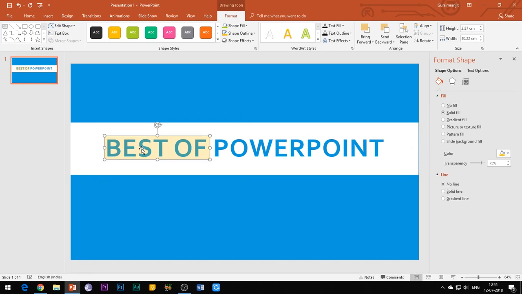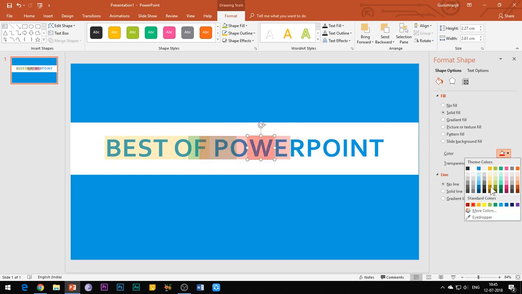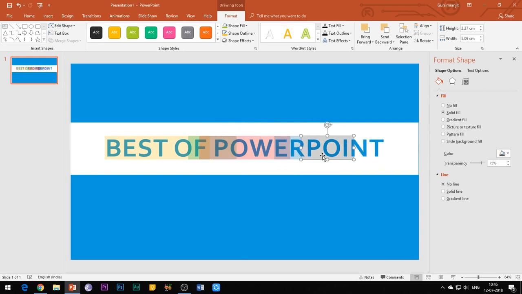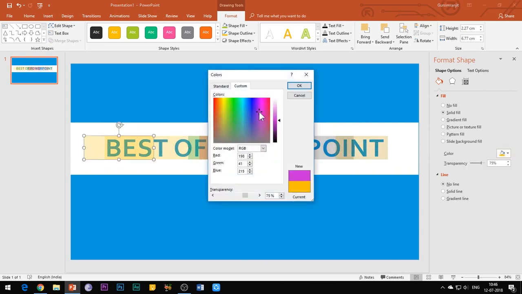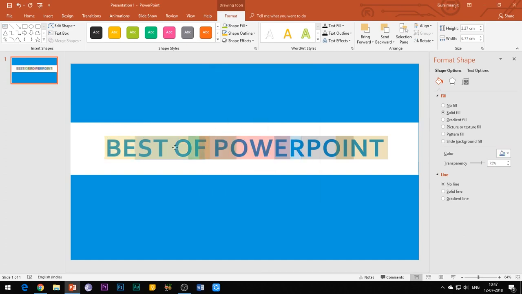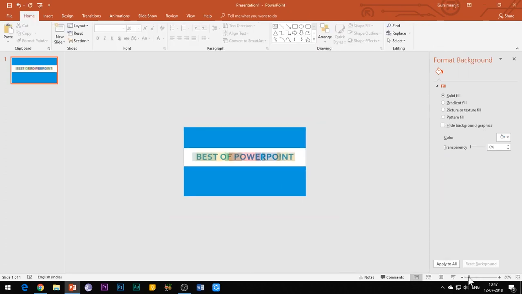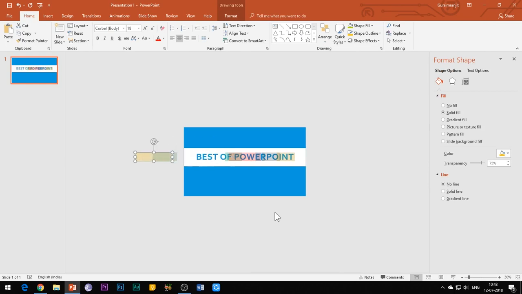Now what you need to do is duplicate this rectangle shape and add as many variations as possible in terms of the length of the rectangle and its colors. Choose the colors as random as possible. You can make up to 8 to 10 color bars. Then divide these color bars equally. Like if you have 8 color bars, select 4 out of them and shift them to the left of the slide, and shift the remaining color bars to the right of the slide. These should be placed outside the slide.